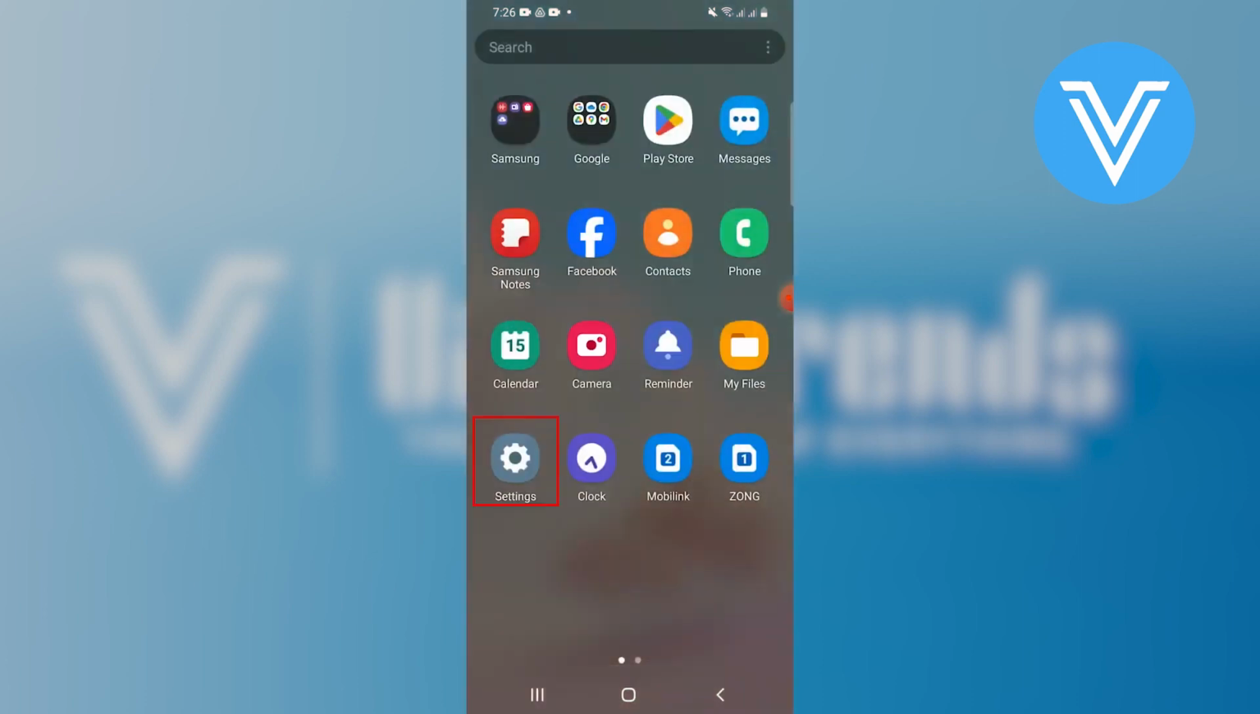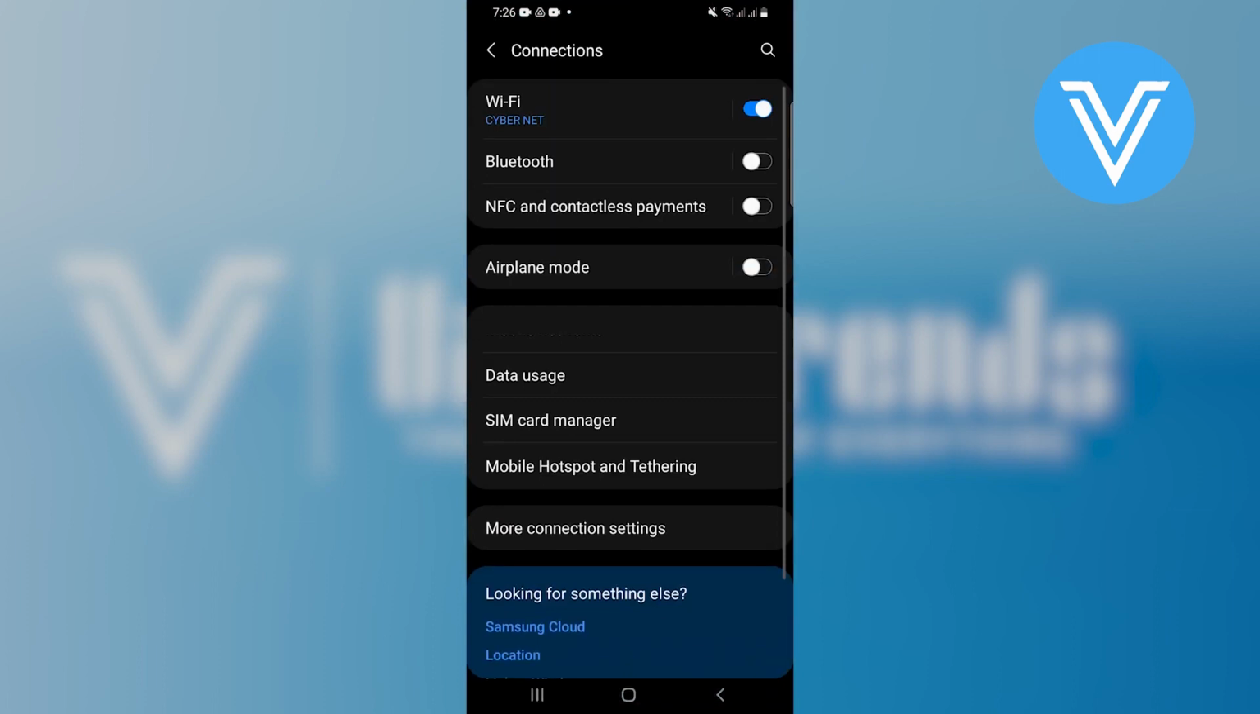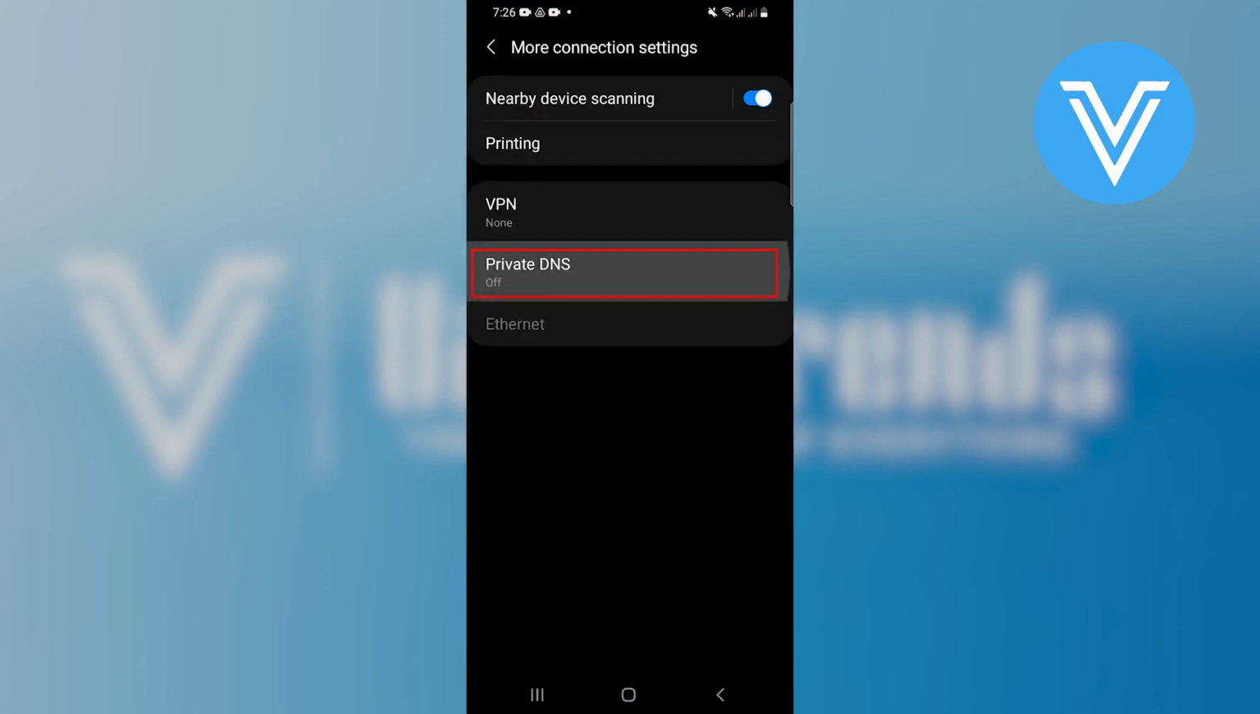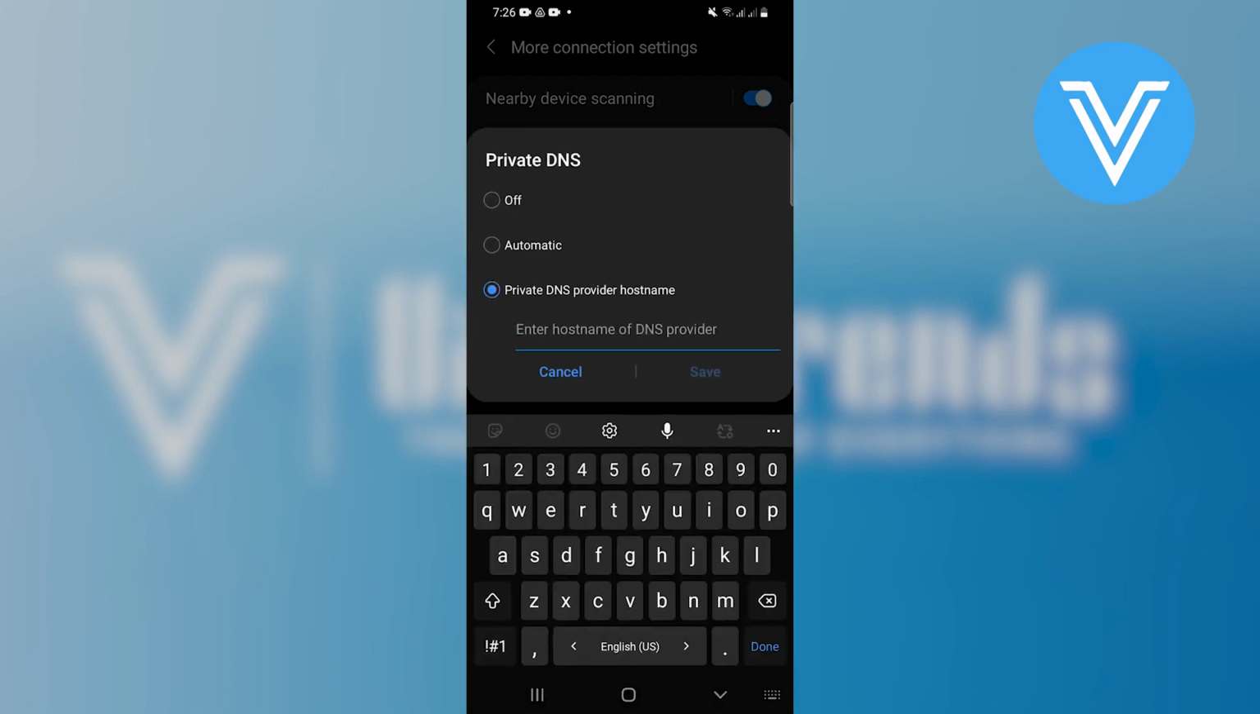First of all, open the Settings of your device, and you will find all the useful options. Tap on Connections and open More Connection Settings. Then click on Private DNS. Select Private DNS Provider Hostname. Then enter the hostname of the DNS provider as